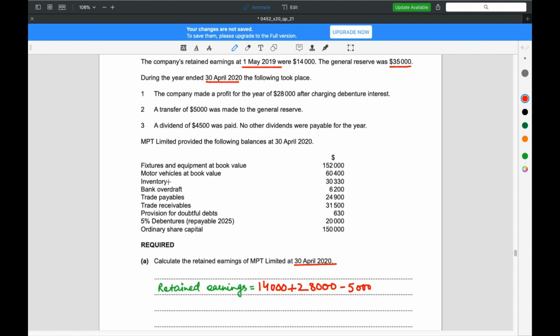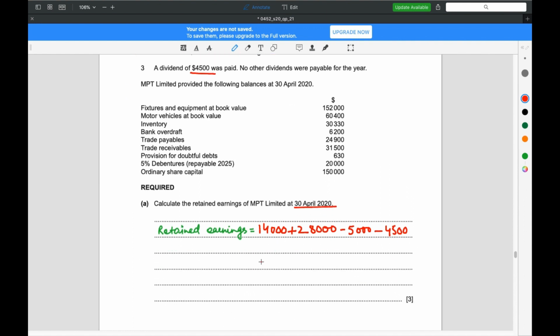He's given you, all right, whatever. So this is done as well. In part 3, he says a dividend of $4,500 was paid. No other dividends were payable for the year. So you paid $4,500 as dividends. Dividends are paid from the retained earnings account. You should know that, obviously, if you've read the book or whatever you use. So we're going to subtract $4,500 from the retained earnings, and then when you total that up, at the end of the year you'll end up with